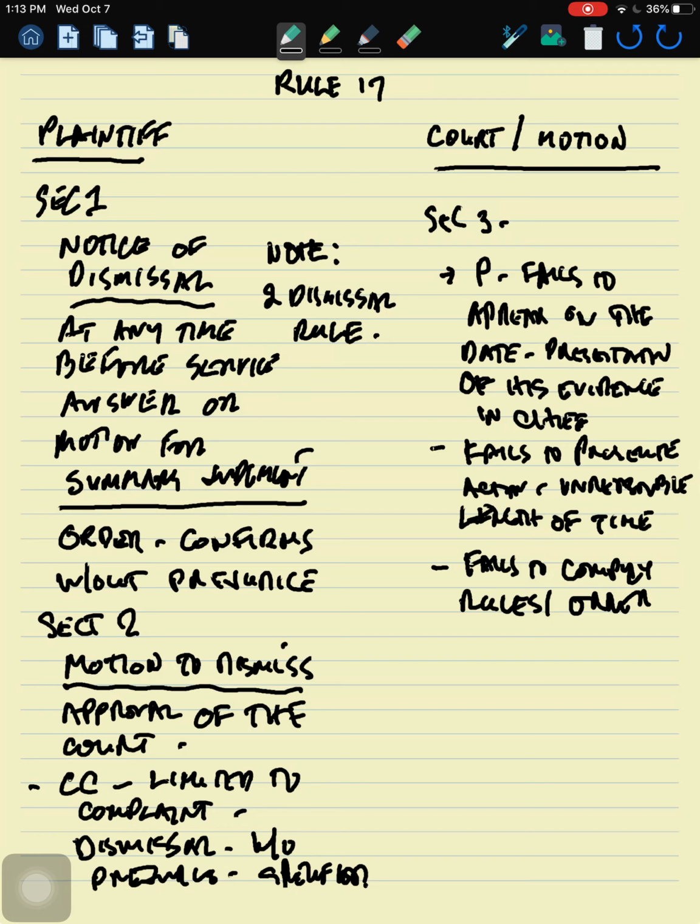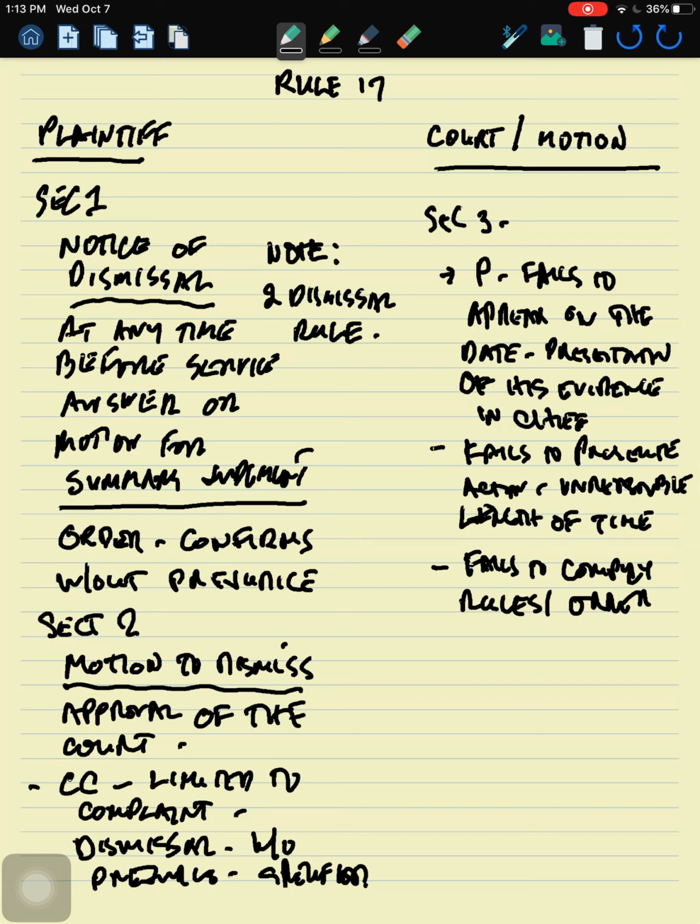The second, when he fails to prosecute his action for an unreasonable length of time. This is a situation that is going to be dictated by what the policy of the court is. Some courts have a policy of allowing a longer period to lapse before they will hold or declare a dismissal for failure to prosecute. Some courts have a shorter period. So this will have to be judged by what the policy of the court is insofar as what constitutes an unreasonable length of time. The third is when there is a failure to comply with the rules or an order